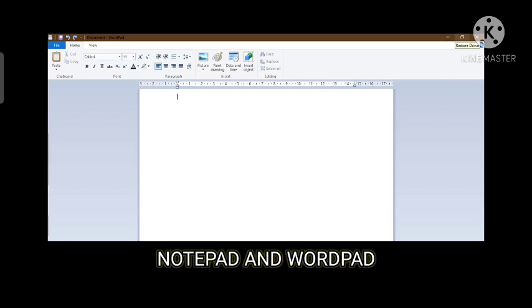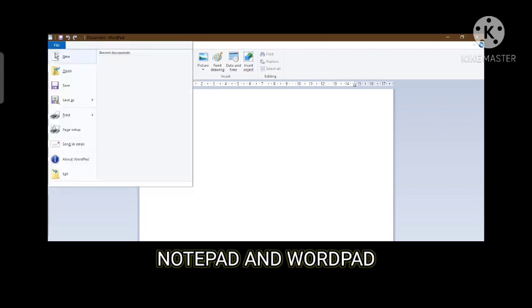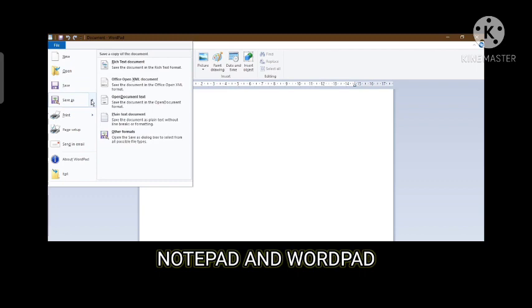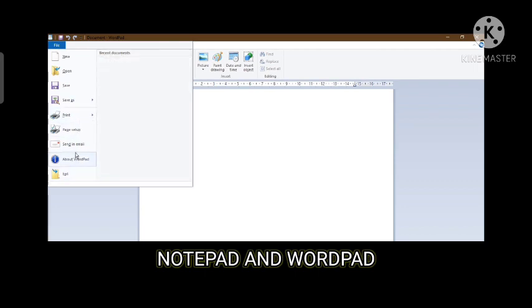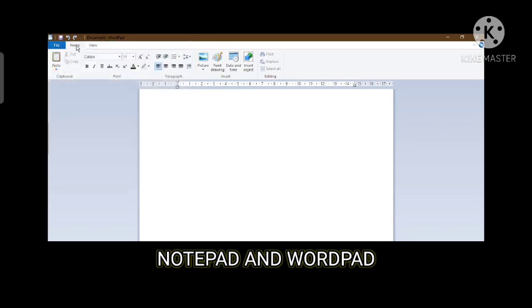Now here we have the file menu. This one is the close button to close this. There are many more options. Let us start with this file menu. New means to open a new document. Open means to open an existing document. Save means to save the document, or save as, to select the place where you want to save. This is the print option, where you can print this document. Send in email means whatever work you have done you can send it as an email also. And exit means to get out of this document.